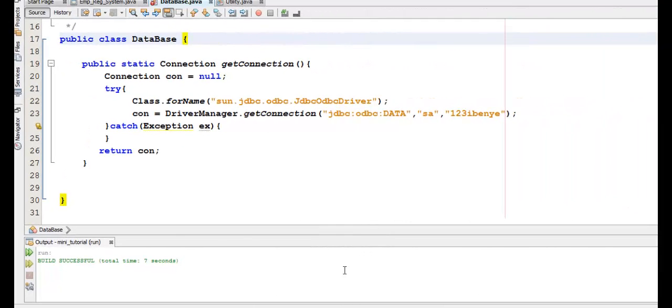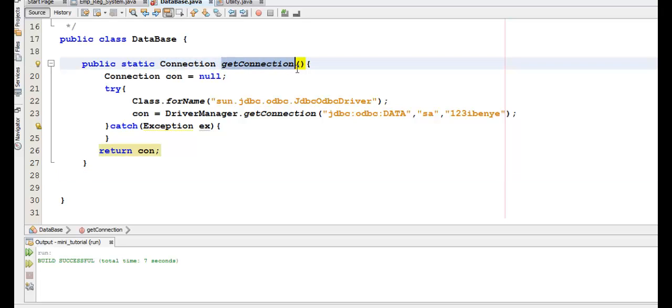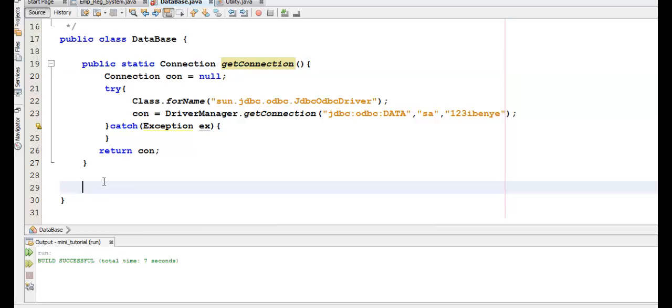What's going on, friends? It's Johnson Mercy and welcome to my 5th Java tutorial in Java database connectivity. In the last tutorial, I successfully created a connection, established in a way that whenever you need a connection, you can easily create a connection object, then accept the connection object that the get connection is returning. Okay, quickly let's go into creating the